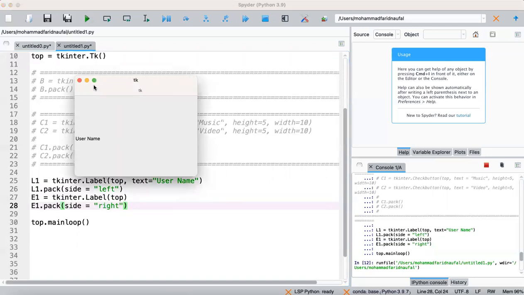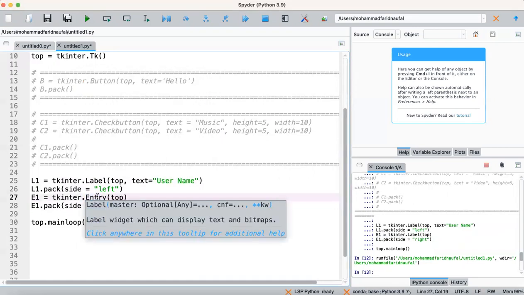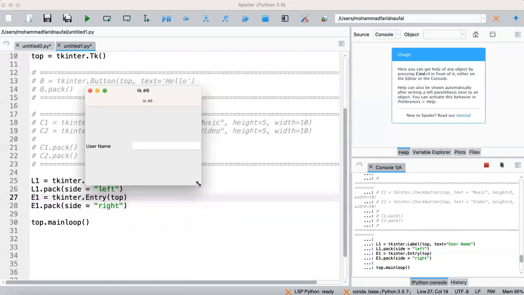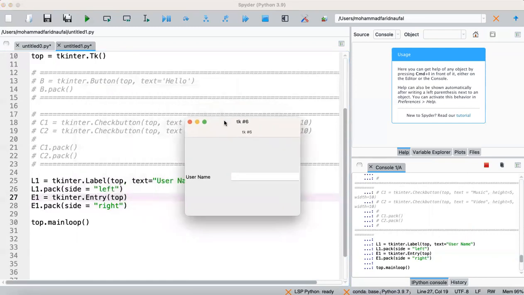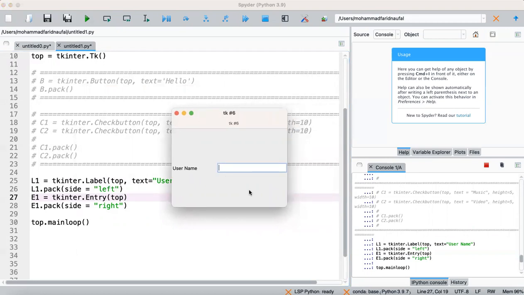Oh, sorry, this is not Label, but Entry. So we have the username label and also the entry widget here. We can just type some text here. So this is for getting the input from our user, right?